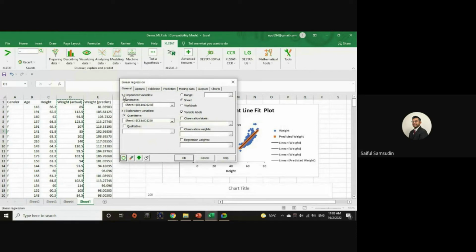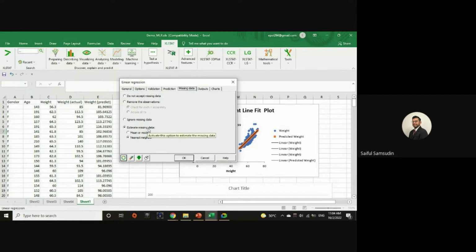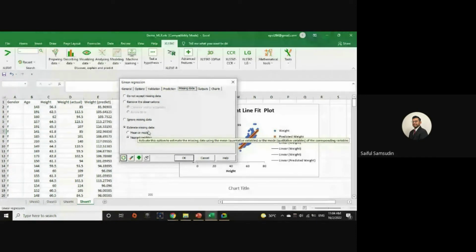The Y we choose the weight, actual weight, and then the X we choose the height, and then the best. For the exercise we can get many functions here. We can make a best model selection. We can get the validation, prediction. So it's up to you. Also, if you got missing data, we have the function to estimate missing data using the nearest neighbor method or mean or mode. But this one we just